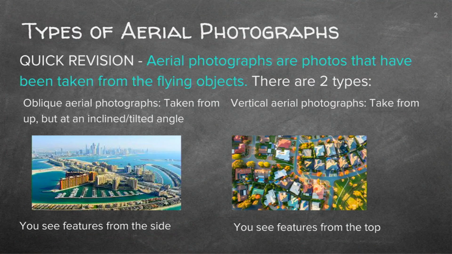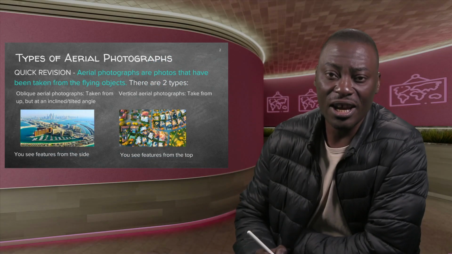an orthophoto map? It is important to do a quick revision of aerial photographs before we define what orthophoto maps are. Aerial photographs are photographs that are taken from the air by flying objects, and these flying objects can be aeroplanes, jets, helicopters, anything as long as it's flying. Hot air balloon, if you like. As long as it is airborne and able to take pictures, all such pictures are referred to as aerial